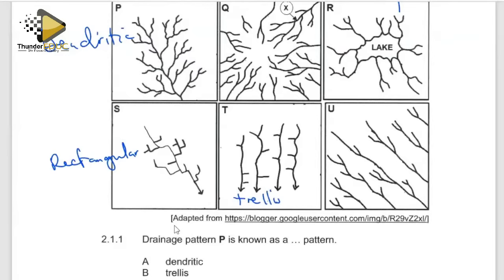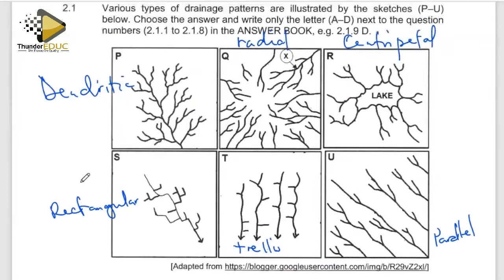And lastly, we are seeing that these streams are running parallel to each other. This is what we call parallel pattern. Right. So, what is the likely underlying rock structure of the areas over which these different patterns develop? We tend to find that the dendritic pattern develops over rocks of uniform resistance, and radial forms in dome areas